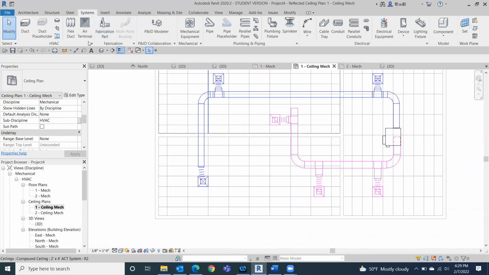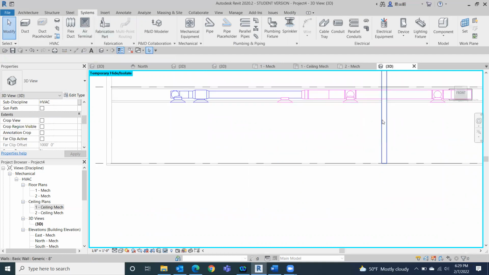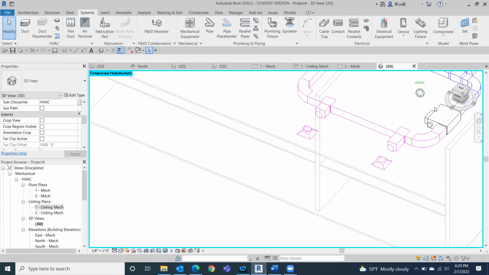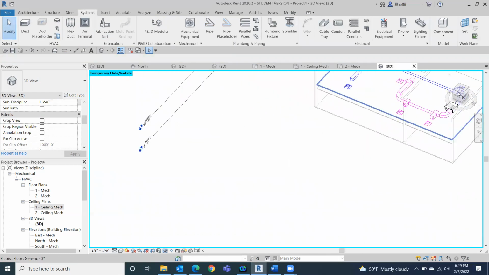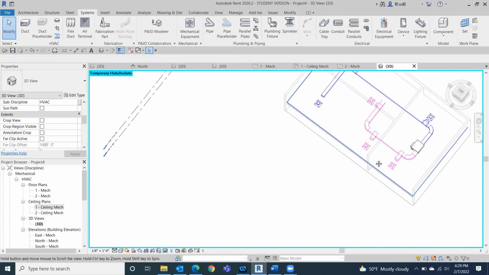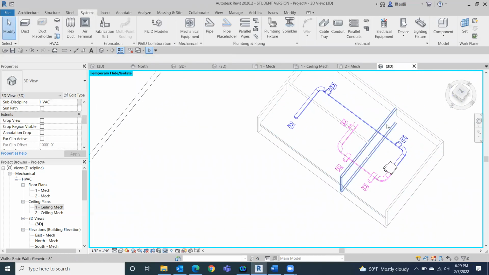heating and cooling system. Let's go to 3D and check it out, see what happened. Actually, it looks pretty good. There's a couple of tweaks I need to make on here. As we twist it around, notice that these guys are not connected, but that's okay. That's just an easy fix. They technically are connected. It's just they're so close, it's hard for it to show up as